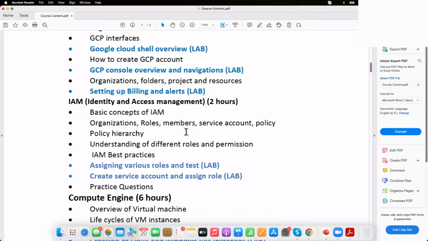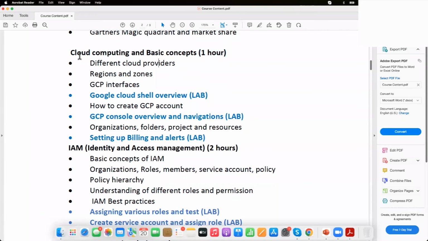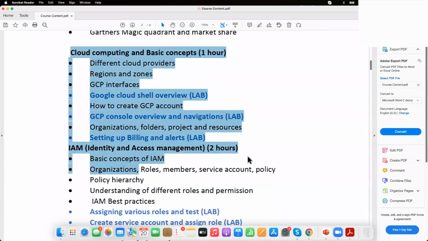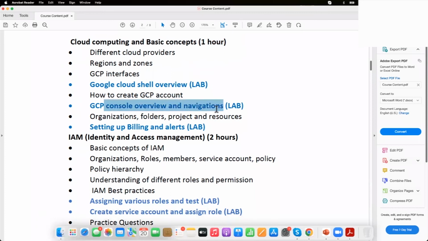In the next session we will be doing these two, some basics. Anyway, we don't have time today, I think we're good for today. We will have some introduction on GCP, a console overview, all these things we will be doing.